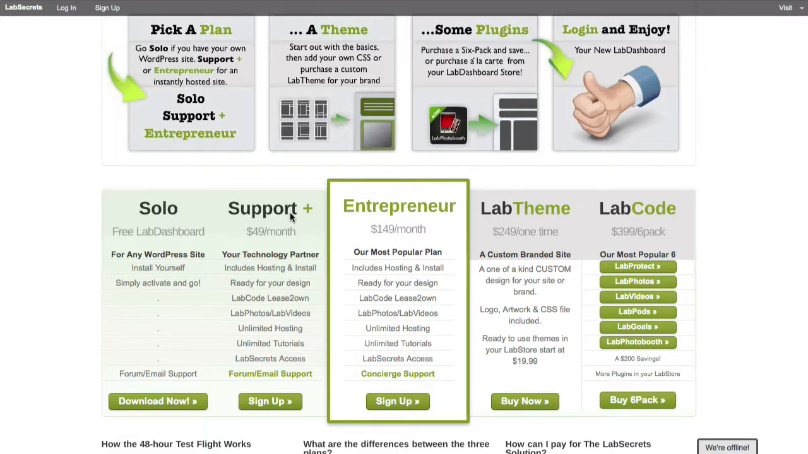The benefits of Support Plus and Entrepreneur: it's an instantly hosted, immediately set up site that you can begin working on. You also obtain free use via our lease-to-own plan of the lab photos and the lab videos for as long as you remain hosted. The hosting plan has unlimited bandwidth and storage and a bunch of other benefits, including full access to our LabSecrets.com members-only area, where you'll have access to tested, tried and true third-party plugins,